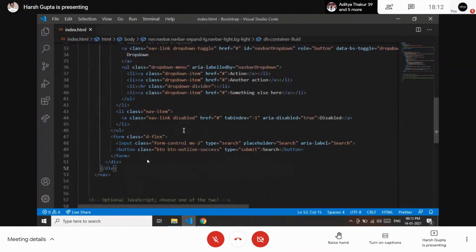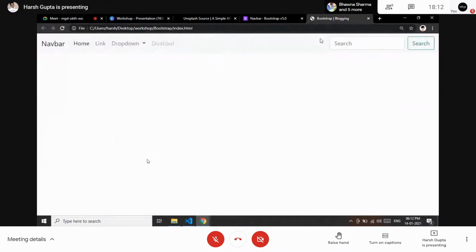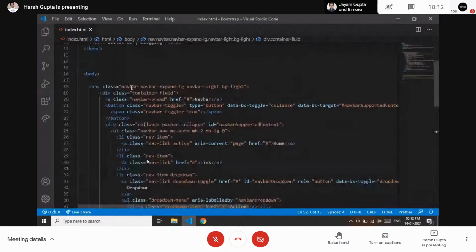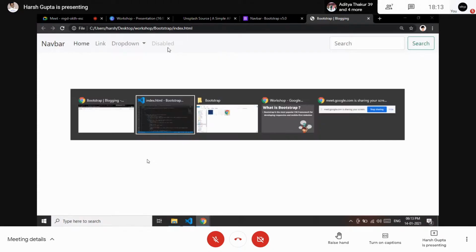So till now we have created the navbar. Let's say I want to update this navbar because I don't like it. It is not matching my requirement. So I can do that. On the top I have navbar-expand-lg, which gives it the full width of the website. And this is navbar-light, which means the content of the navbar is light. So we need a darker mode, so it is dark.